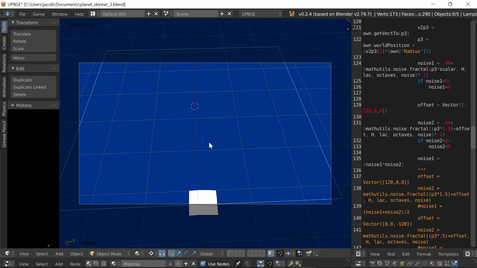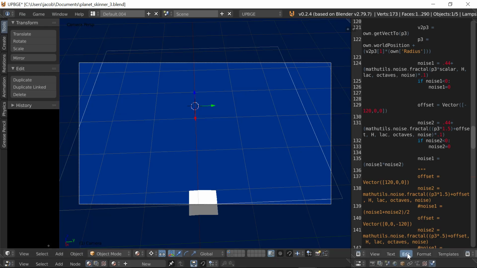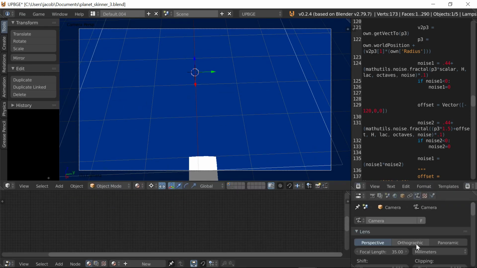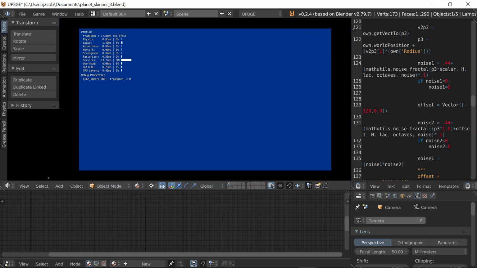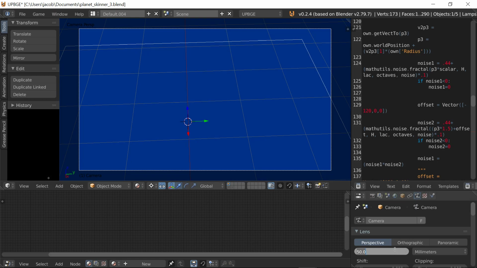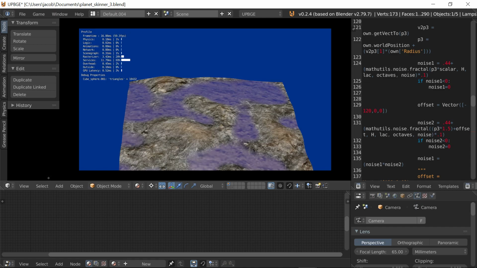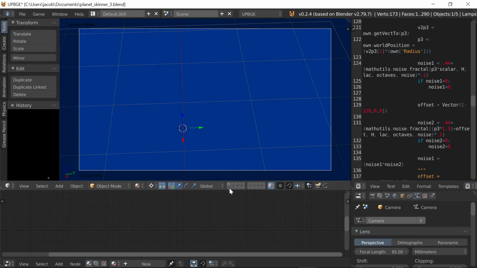So let's see what that looks like. So we have rock texture, sand texture, and then water texture, and then you can see the sand texture through the water texture. Let's see if we could pull in a little tighter here so you can see what's going on a little better. So there's my planet texture at the moment. So next,